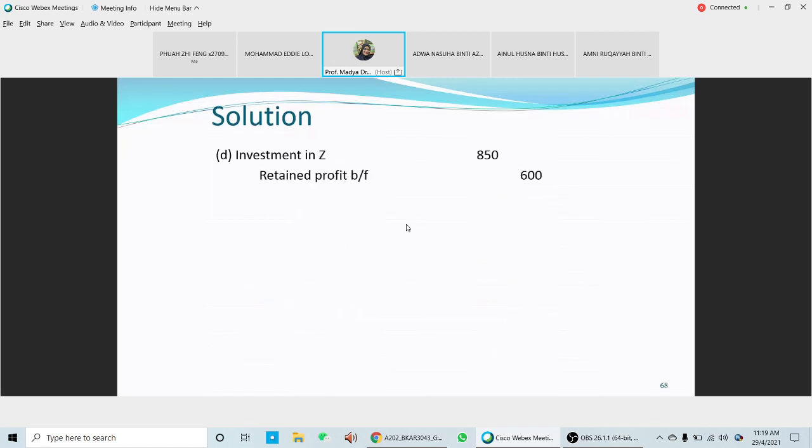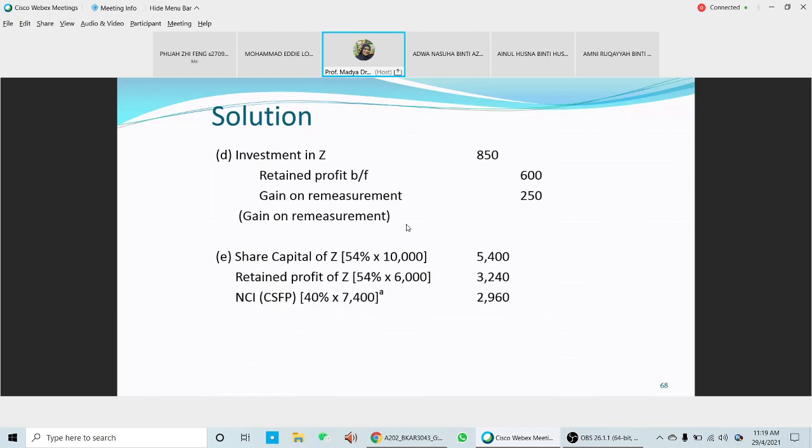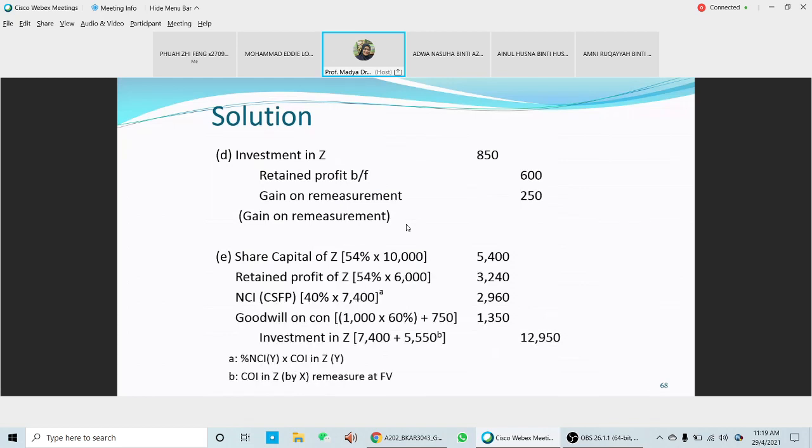Okay. And then investment here is to record the gain on remeasurement. So the gain on remeasurement here is the one that you have for the previous investment. So the previous investment inside you have 850, retained profit 600, gain on remeasurement here is 250. Yeah? 250, retained profit 600. Where does it come from? Share from retained profit. This one refers to the calculation on slide 64. Okay, you have again the retained profit RE from the RE, and then this one, 250 here is